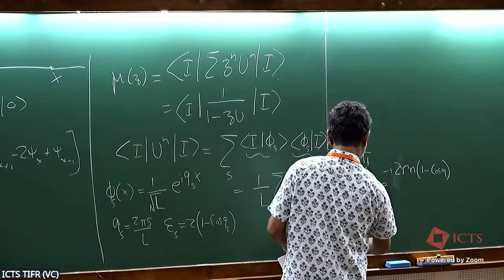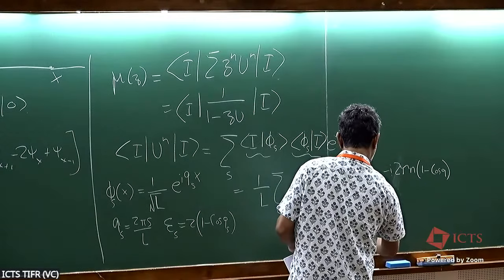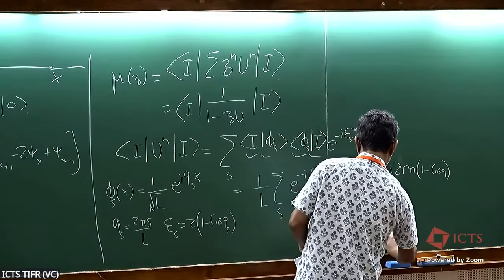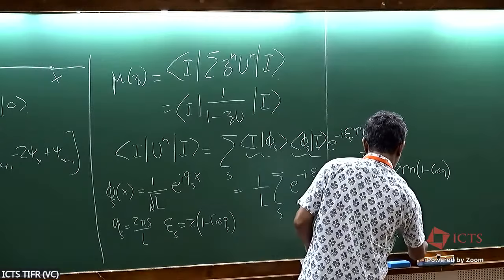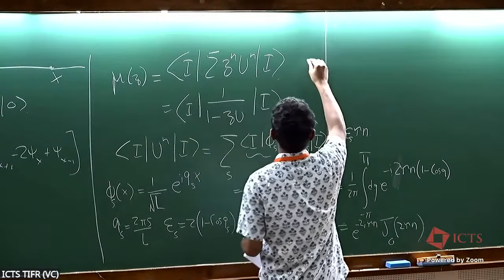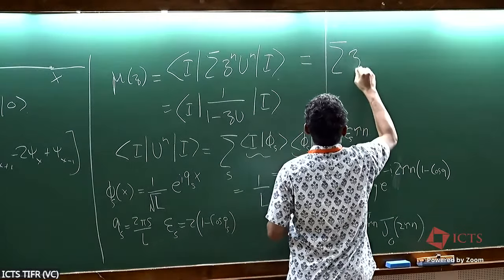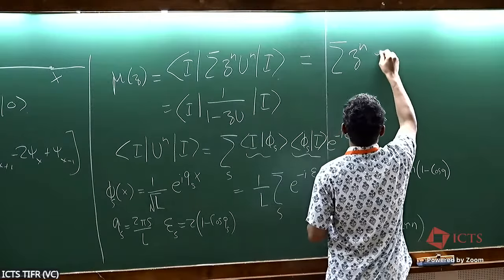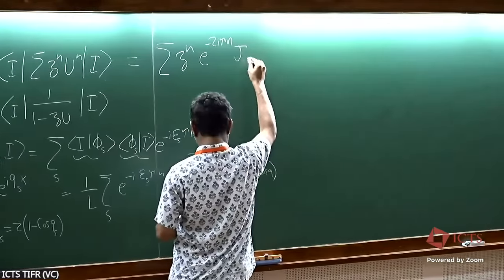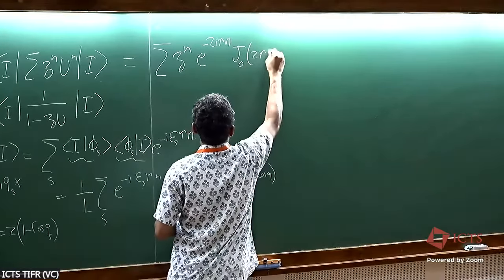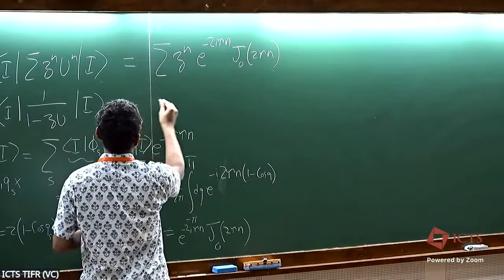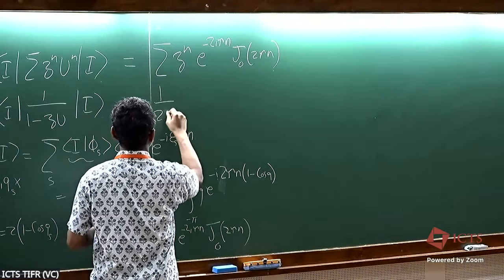So this is just e to the power minus 2iτ times the Bessel function J_n. Okay, so therefore this basically becomes, okay. So this is one representation, and then we can also write an integral representation, which is